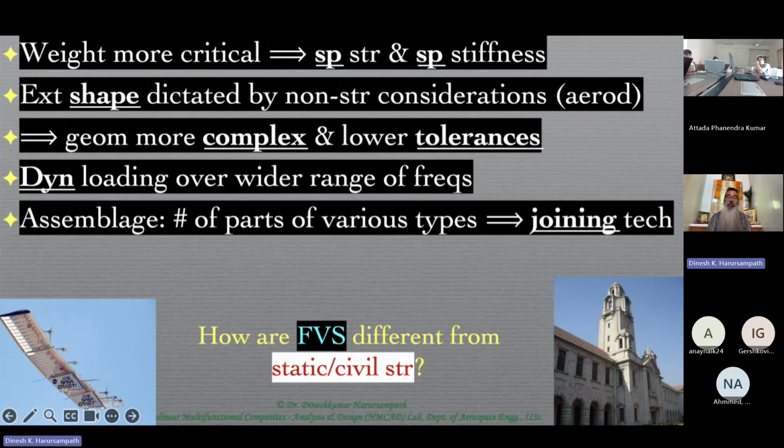So you would find, for example, a similar kind of joint that exists in both. You have many more bolts or larger bolts in the case of the building when you're trying to join, let's say, multiple plates which are coming together in order to